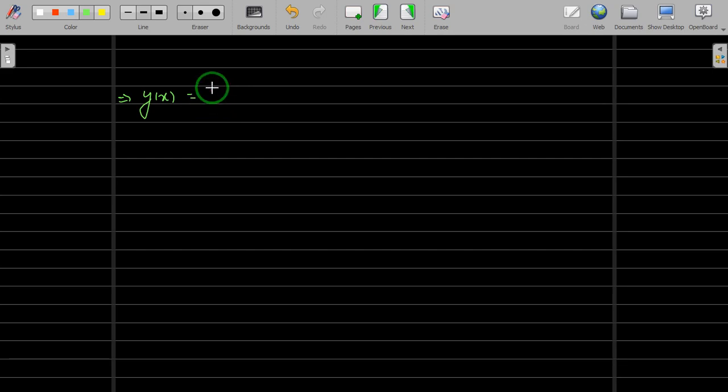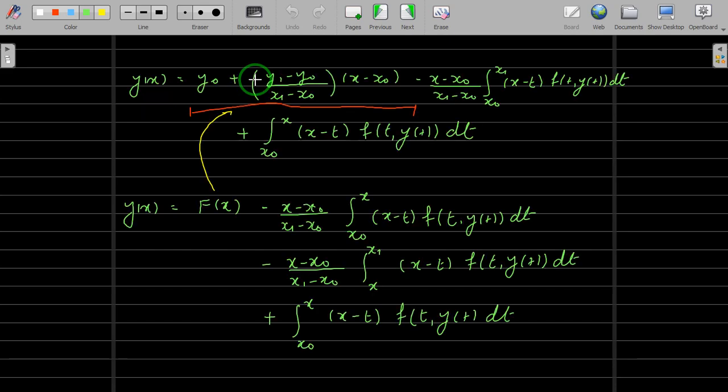So I'll combine those two integrals together. So what I have is this: y of x is equal to f of x plus, you plot these two integrals together here. Take this x naught to x and x naught to x together, those two integrals, and if you see here x minus t, your integrand is same, so only take care about these coefficients.